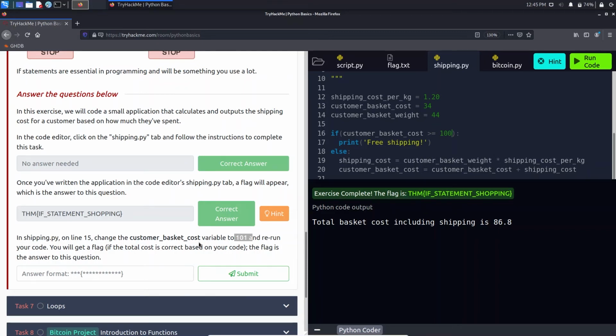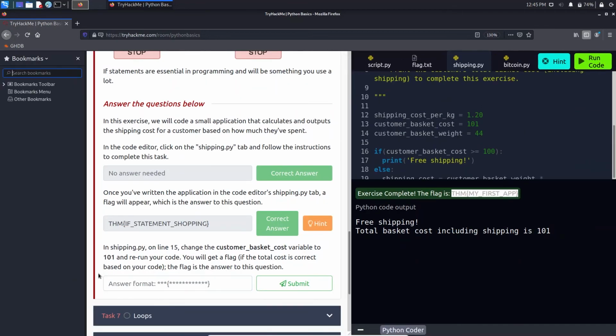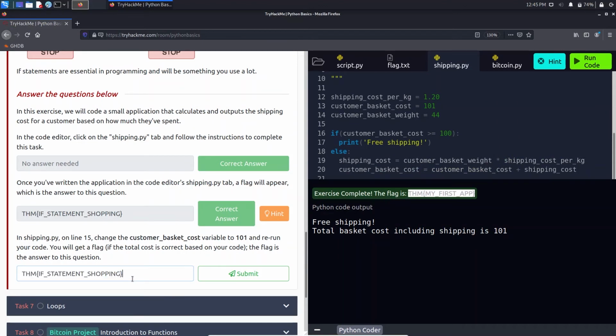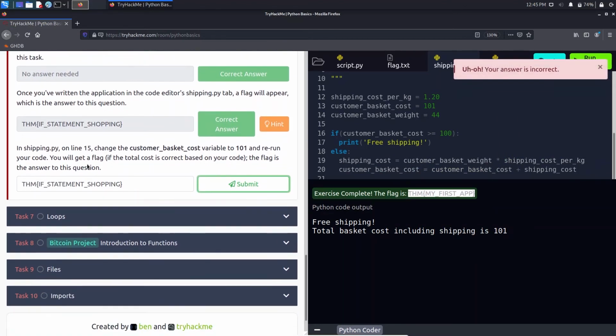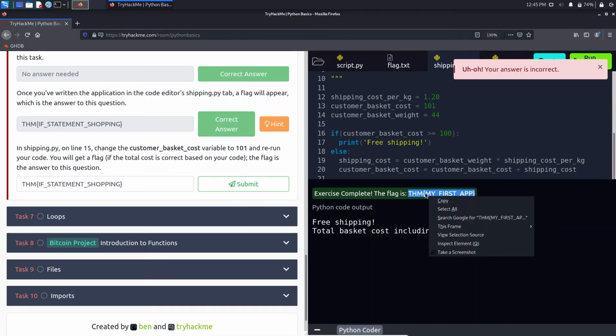Customer basket cost, so here it says to change it to 101, so it will exceed more than 100. So yes, the shipping is free, so it is 101, and this is my very first app with the flag. I did press Ctrl V by mistake. This didn't get copied.